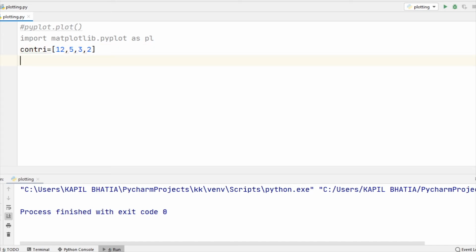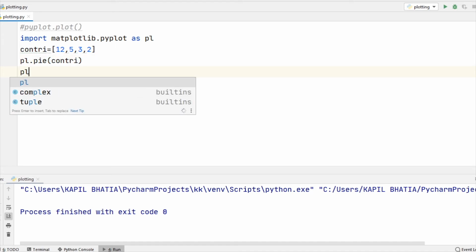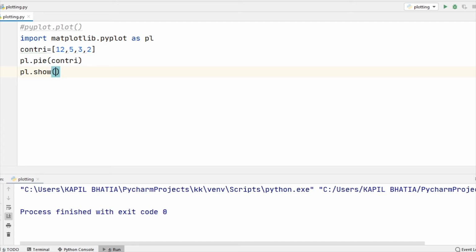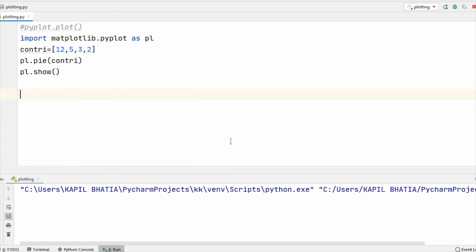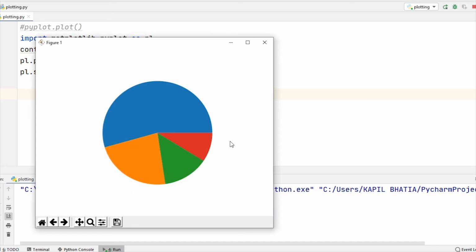So here I am writing plt.pie and then the list, and plt.show. Now when I run this code, you can see the output, but the chart shown is incomplete.